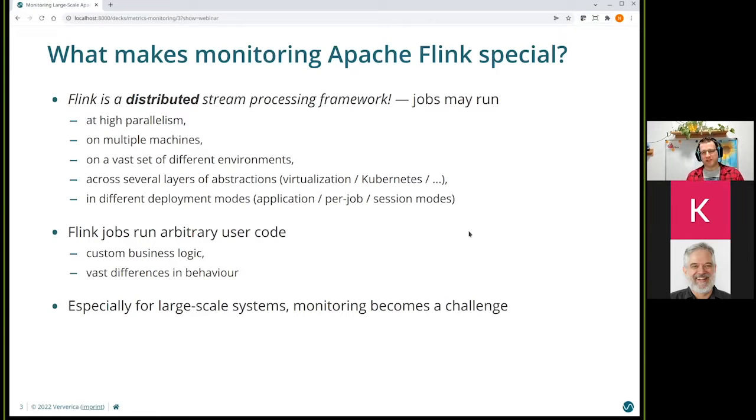Flink applications can also be run in different modes, like application mode, per-job and session modes, and you can configure Flink in any way possible. Flink is also running arbitrary user code. So it's your logic that you're running. It's custom business logic, and that varies in behavior quite a lot. Your code is probably so much different from someone else's code, and there are so many different use cases that Flink supports. So this, especially for large-scale systems, makes monitoring a challenge,